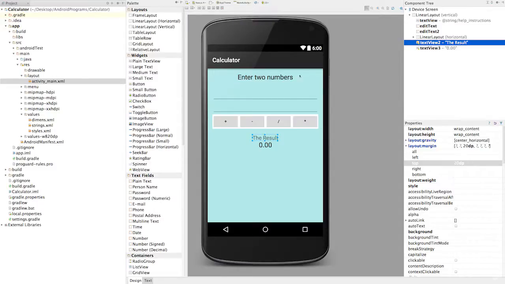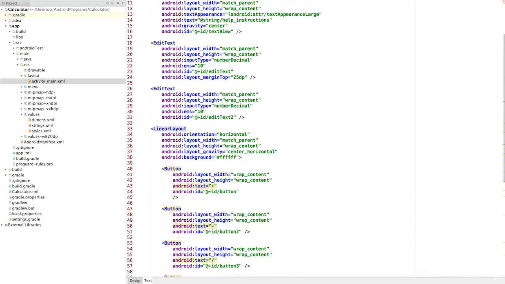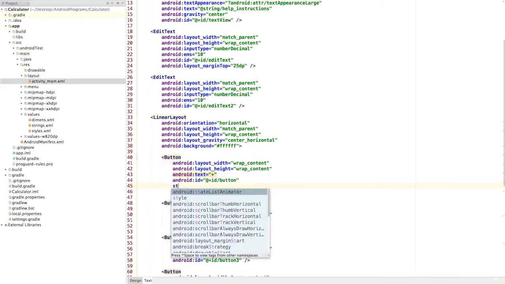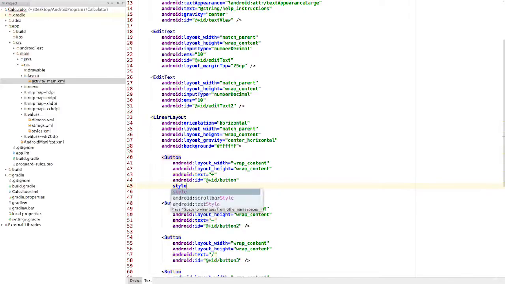a small button. What we could have done initially was just drag this small button over, which would have dragged the button and changed the style to a small button. But just to show you how to do this manually, we're going to go in and do that in the text mode, or text tab, I should say. So we're going to go to each button, and I'm going to add the style. I'm going to type style equals